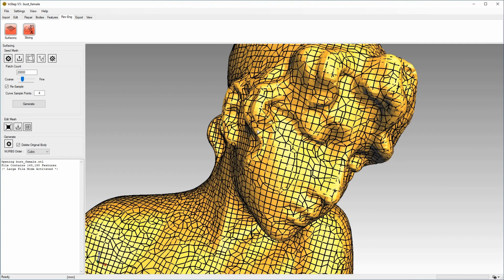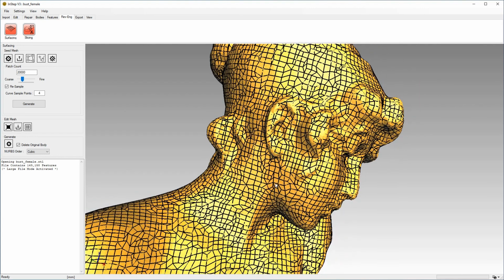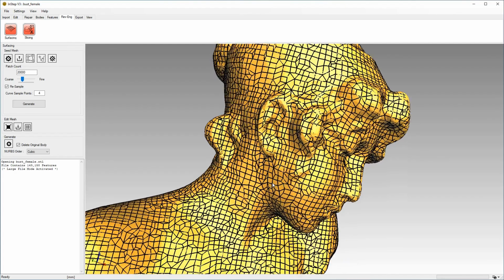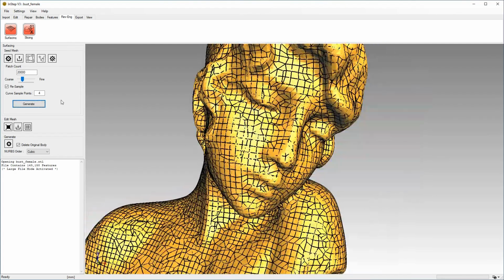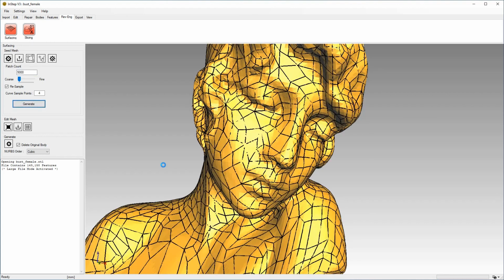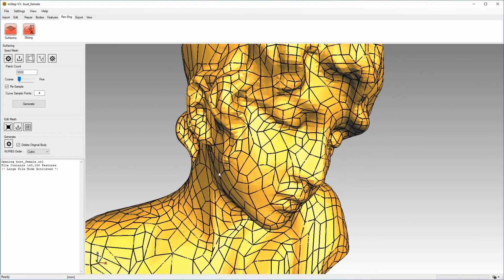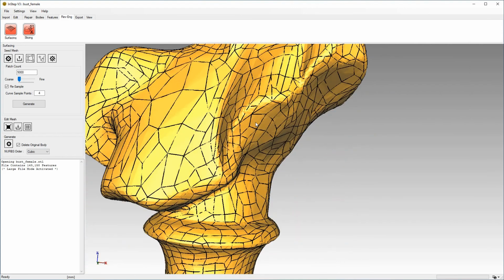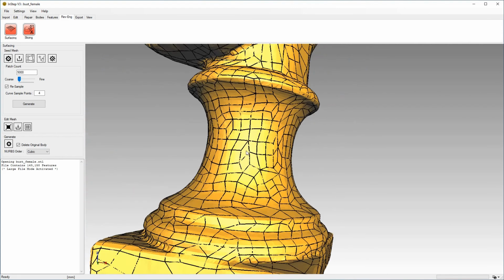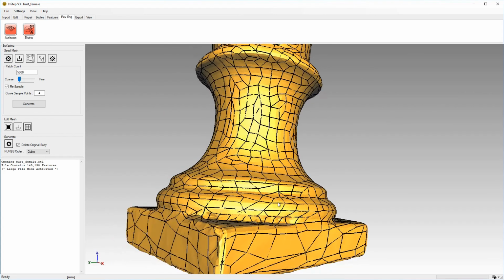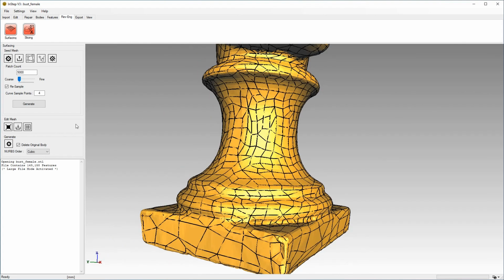It should also be pointed out that you can go to the bodies option and do a remesh or a simplify or a smooth prior to running these tools. Exactly what kind of workflow you pick will often depend on the type of file you're working with and what kind of end results you're looking for. So let's go ahead and set this value to something like 5,000. At this level of resolution, we get a lot of detail, and we can also see that there's not a lot of edges that seem to intersect in any bad way. So this will be acceptable.